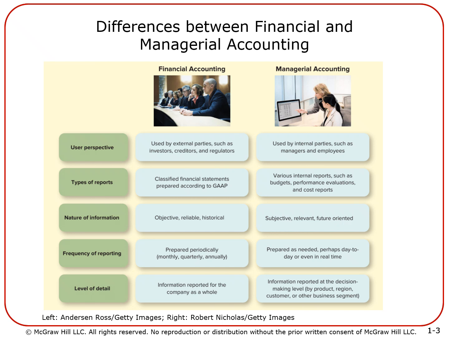Just to remind you real fast, the main financial statements that you prepared were the income statement, balance sheet, statement of cash flows, and retained earnings statement. Those are all prepared according to GAAP. In managerial accounting, what do we do? Some of the things that we do are performance evaluation reports. We prepare cost reports. We prepare budgets.